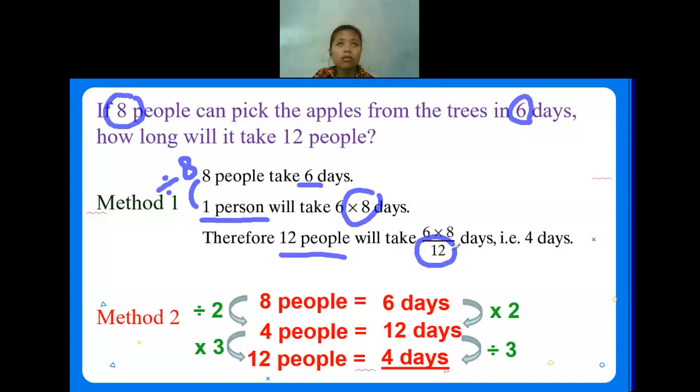Janice, are you still there? What do you think? Finishing 10 apples by one person and finishing 10 apples with two people, which one will finish the apples faster? The one person or two people?